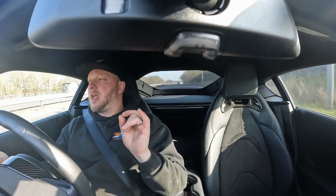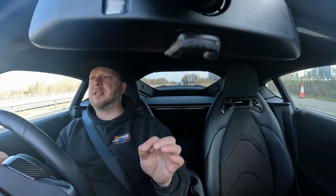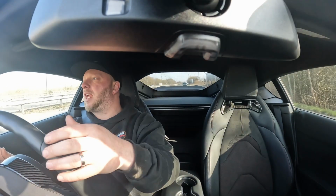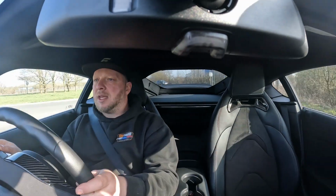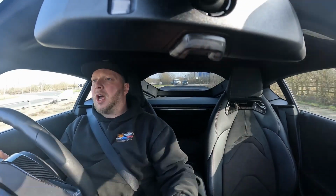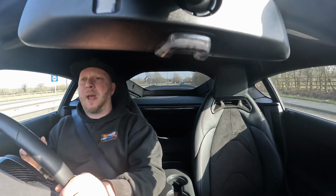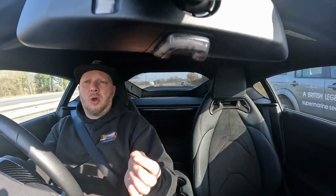The biggest thing about this whole transformation with this car is the front end, how the steering is now improved and interacts with you. The A90 have always suffered from a little bit of understeer when you push them fairly hard, and I can tell straight away this feels so much better, so much better. Obviously a geo and an alignment on the car has improved it